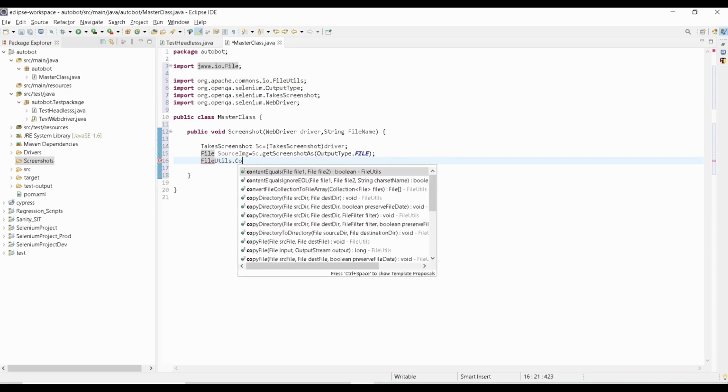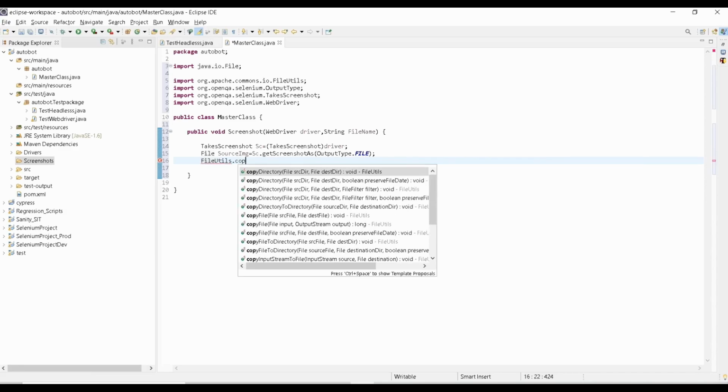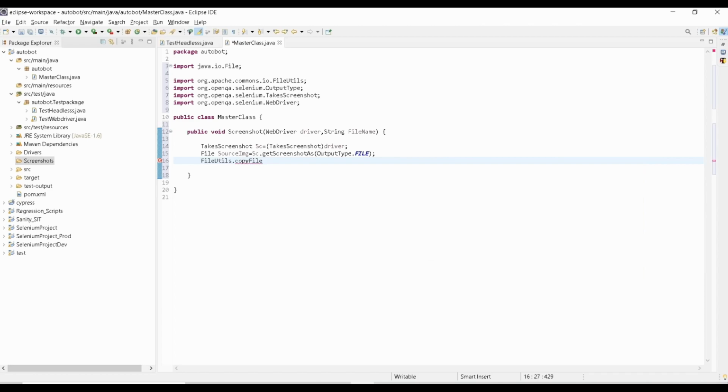So it should be copyFile, from where we need to copy: from source image to the destination.